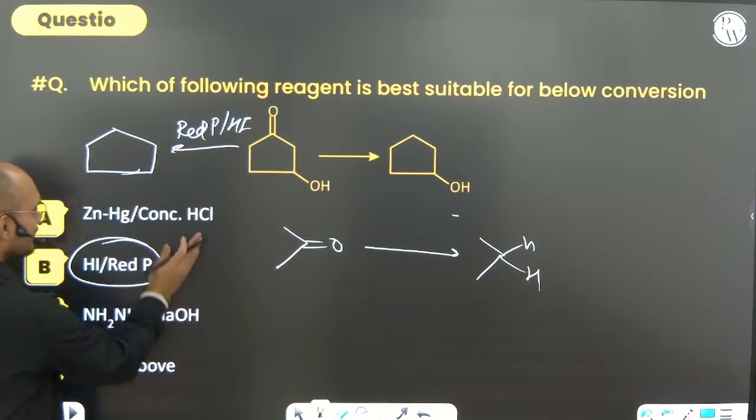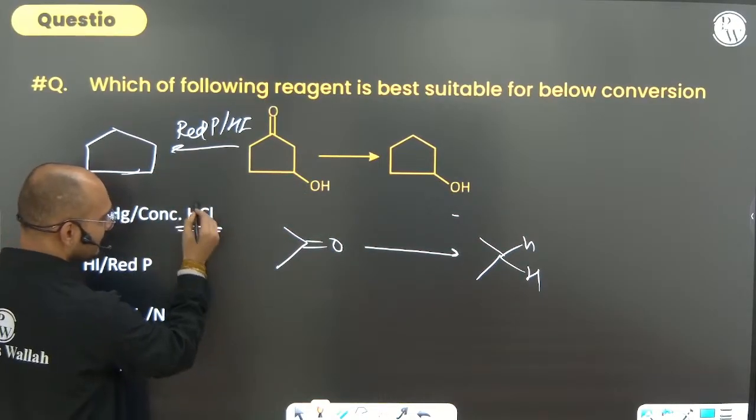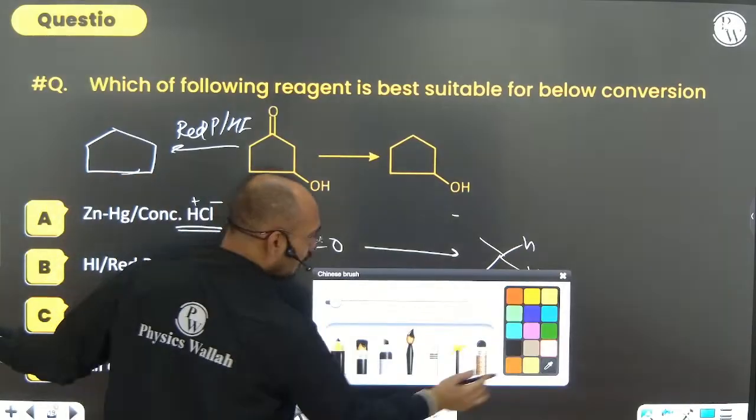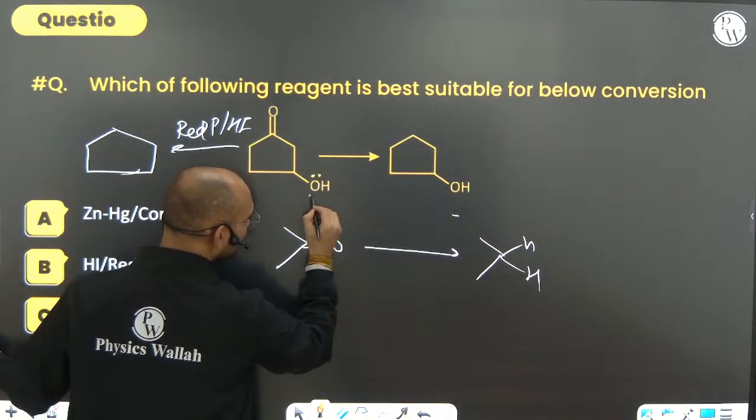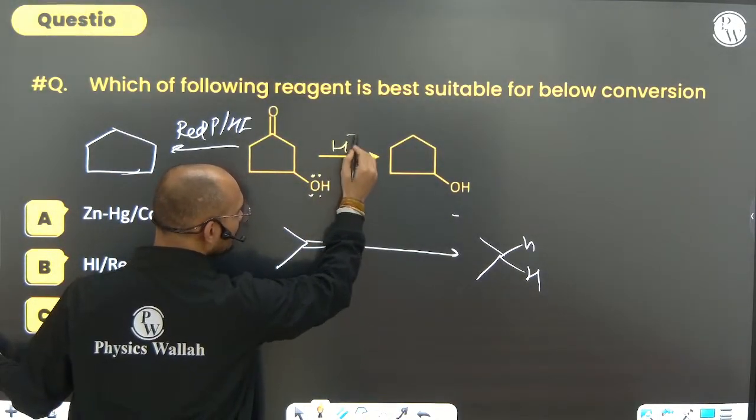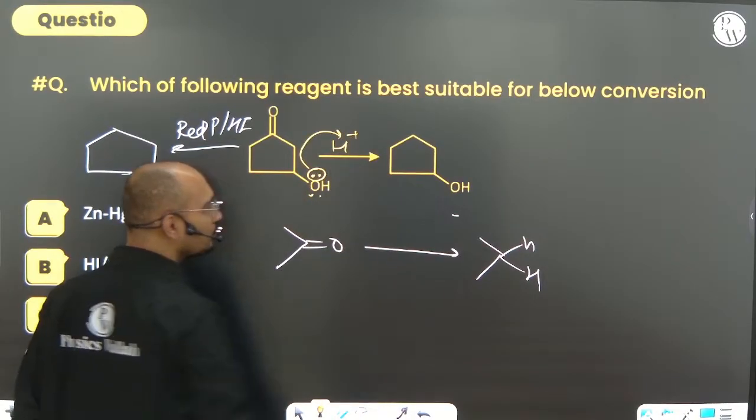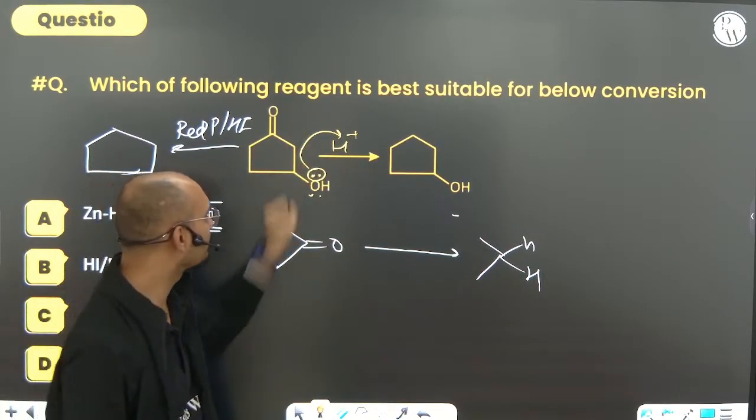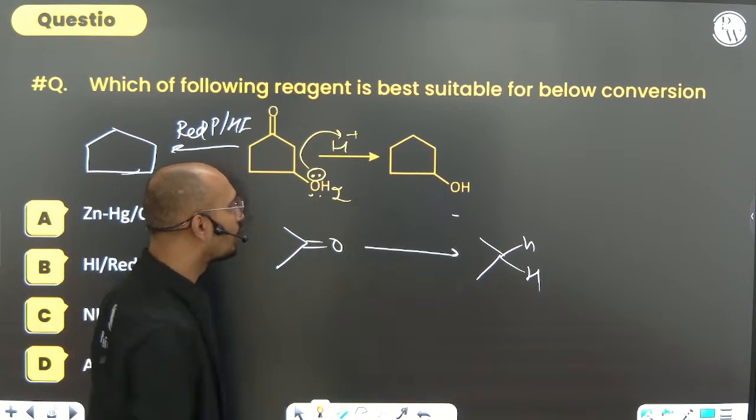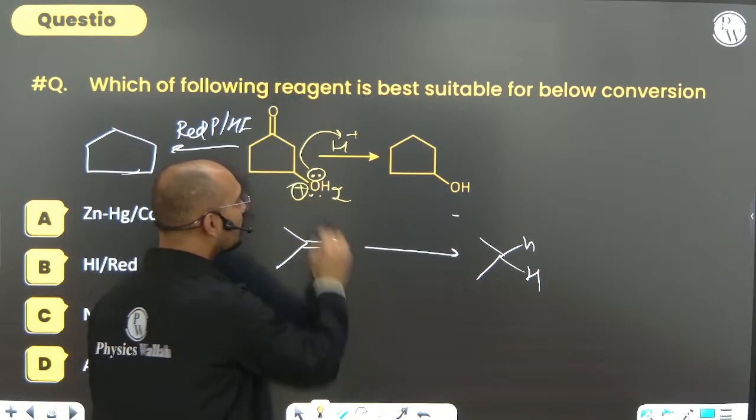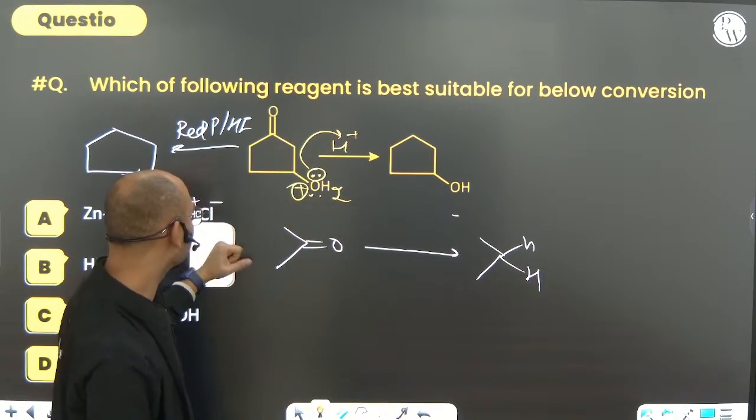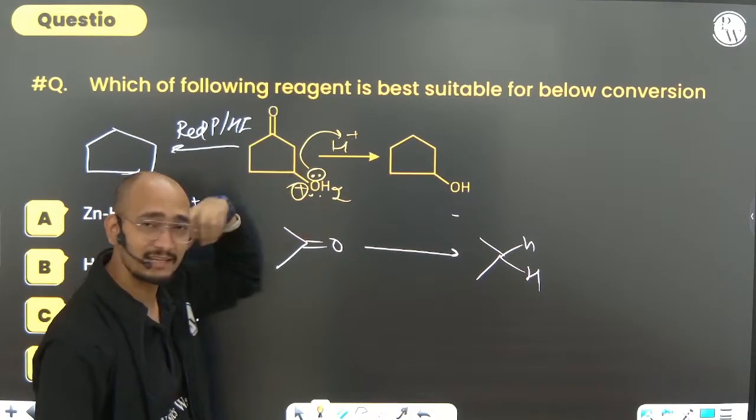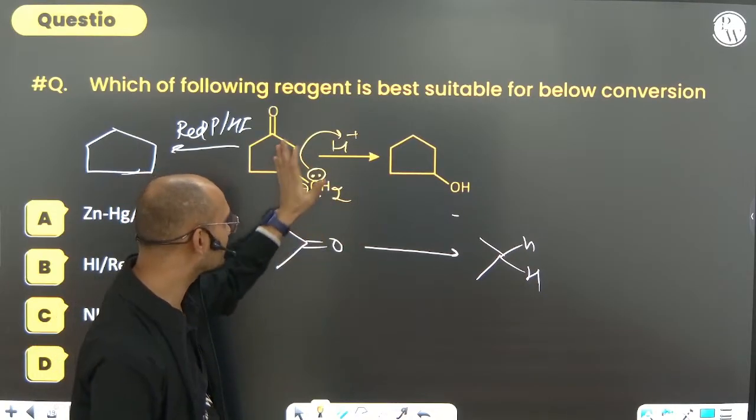But can you see that zinc concentrated HCl is there? So H plus and Cl minus. Can you see oxygen here has lone pairs? So this lone pair, because it is a nucleophile, what will happen? This will attack H plus. It will convert into OH2 plus. So because this HCl is there, there is an acidic part, and OH is nothing but